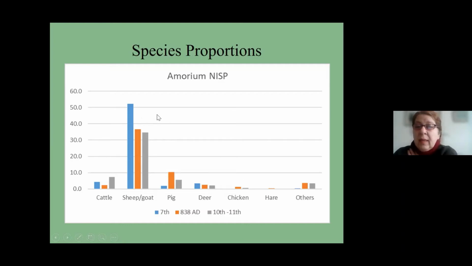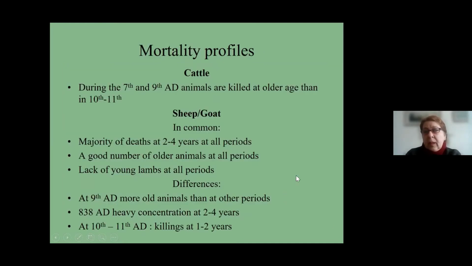So overall, I could say that Amorium, throughout its life, in all the three phases, has an economy based on sheep and goat, with some important fluctuations during the siege and after the siege. It looks like the economy of sheep and goat has not really recovered and is probably replaced with supplements of pig meat much more than we had before. I have also looked at the mortality